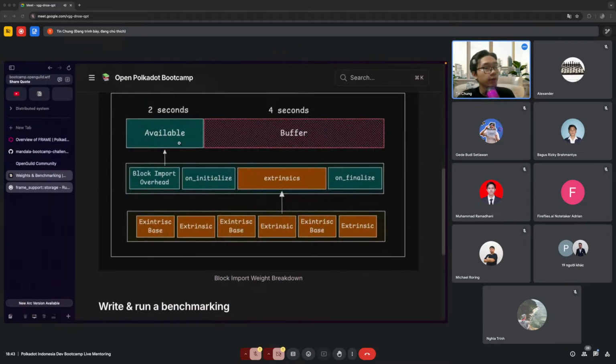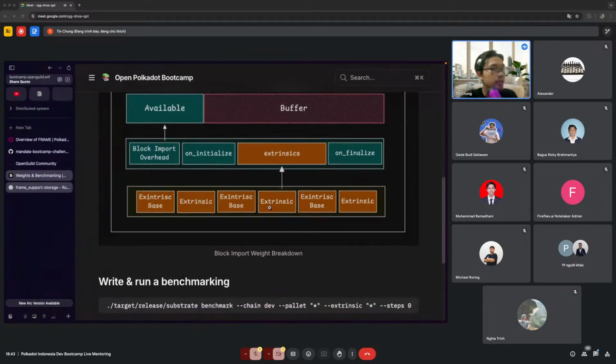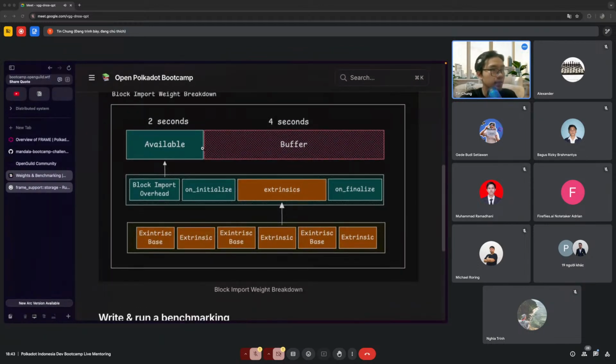You have the 6 seconds of block construction time on Polkadot. In these 6 seconds, the first 2 seconds handle all the preparations and all the hooks inside the available time span, and the buffer is used for storing the data of the transactions and handling the logic of the dispatchables.